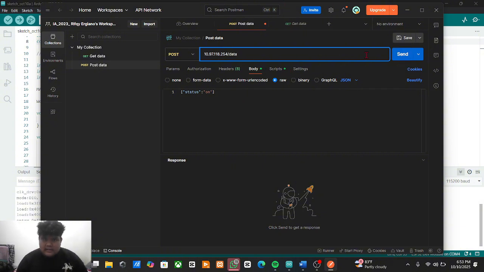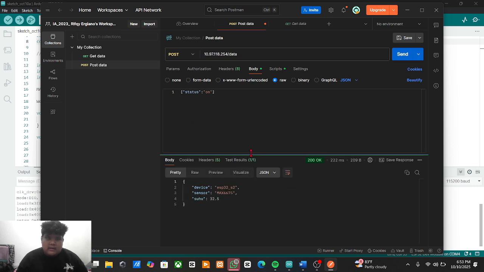Then send it. Make sure the body script and the body is raw. Just send it. Okay, now the temperature sensor and device have been shown right here, like this, and then we go to the next step.